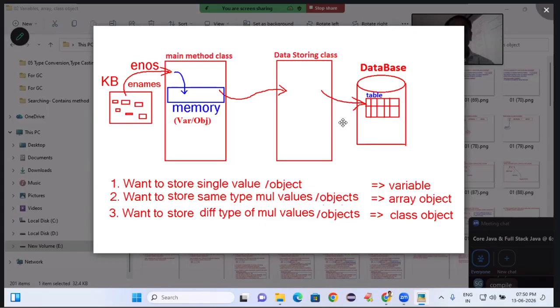Write down. Assignment. Develop a class with the name Sample. Develop a class with the name Sample. Inside this class, store